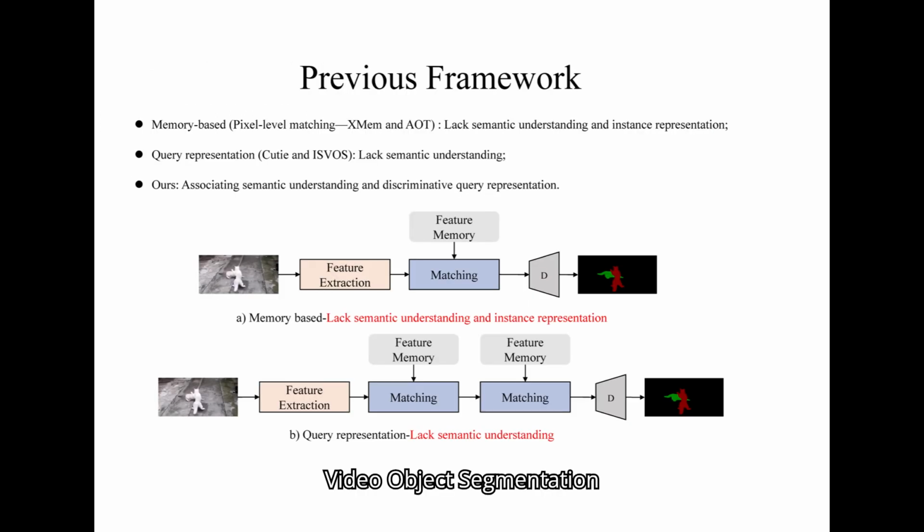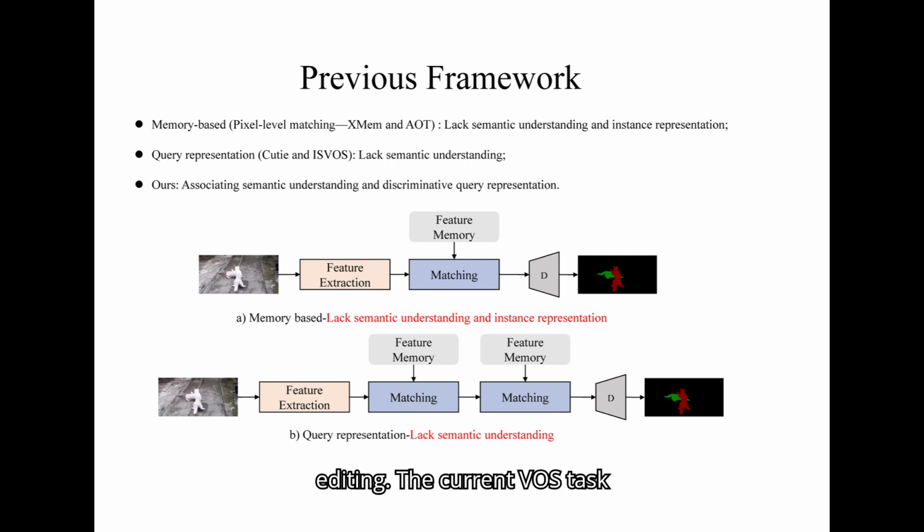Video Object Segmentation, VOS, focuses on tracking and segmenting target objects within a video sequence, beginning with mask annotations in the initial frame. This technique has significant potential across various applications, especially given the increasing volume of video content in areas such as autonomous driving, augmented reality, and interactive video editing.